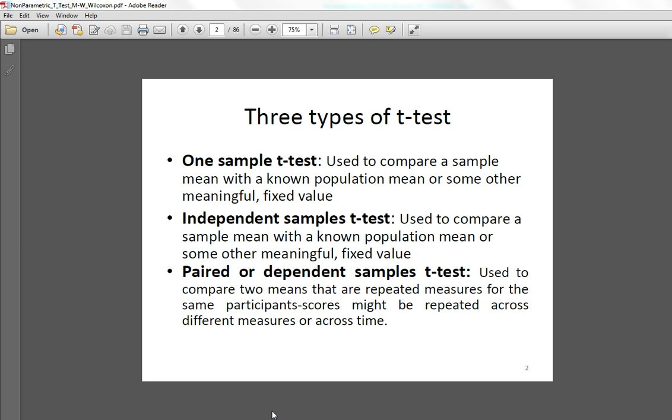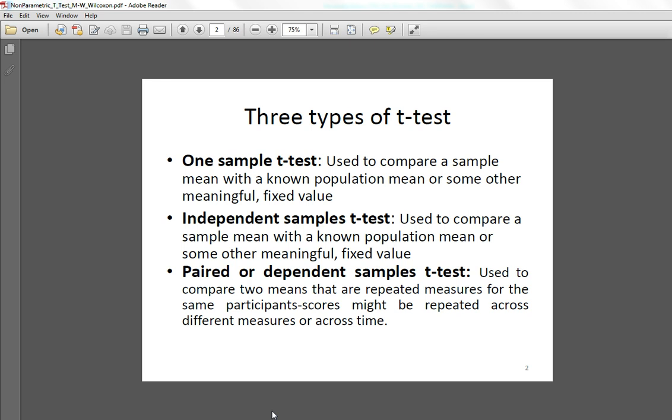Now there are three types of t-tests. The first one is the one sample t-test. This test statistic is used to compare a sample mean with a known population mean or some other meaningful fixed value. Simply put, you have a known population, for example, the class of 2015 taking the National Collegiate Entrance Examination,